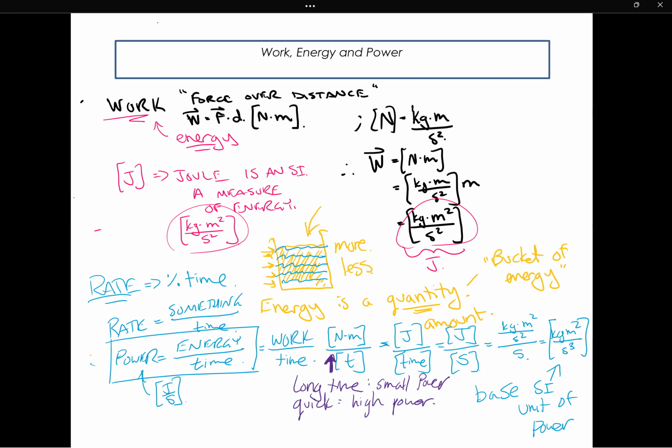If we need to use a bunch of power really quickly, that's a high power application. If we make a bunch of power really quickly, that's a high power application. It's not a high amount of power. It is a high amount of energy in a very short time,